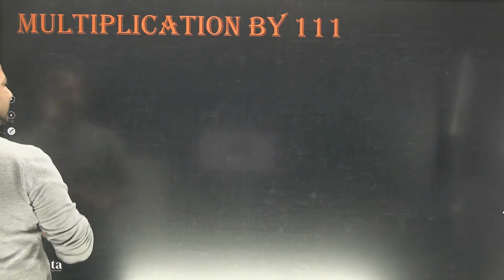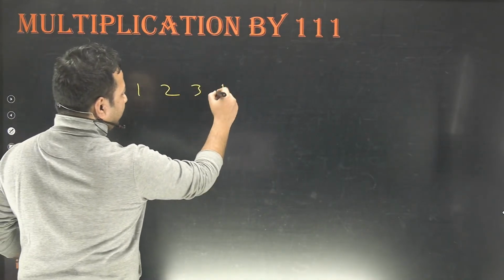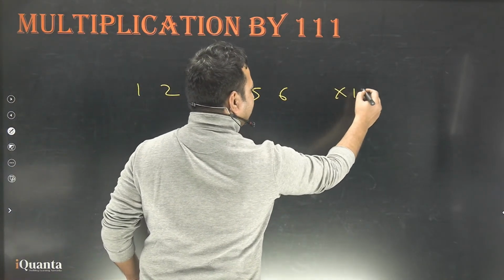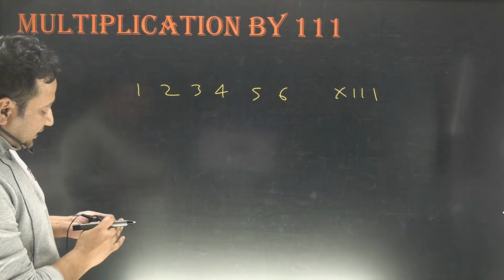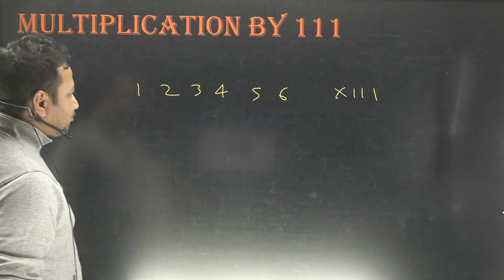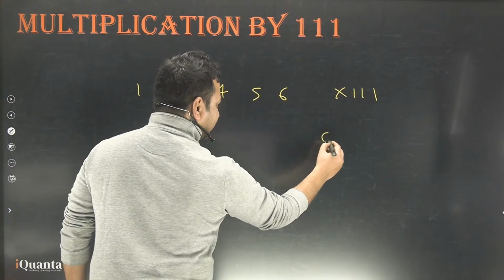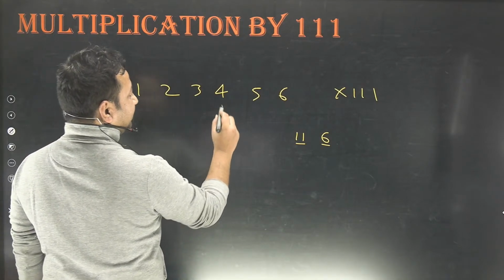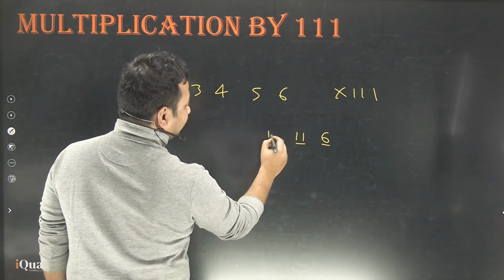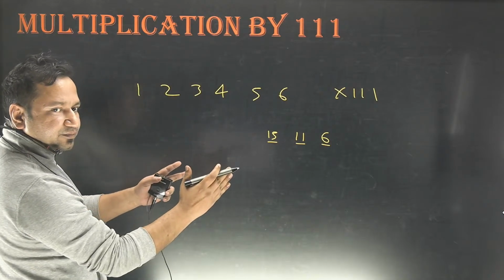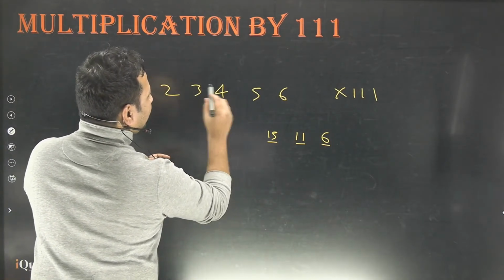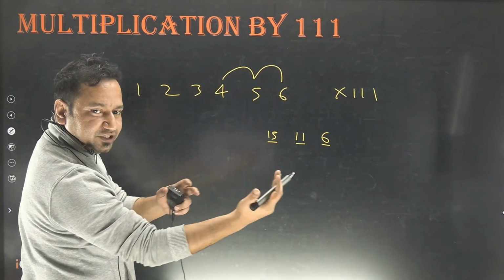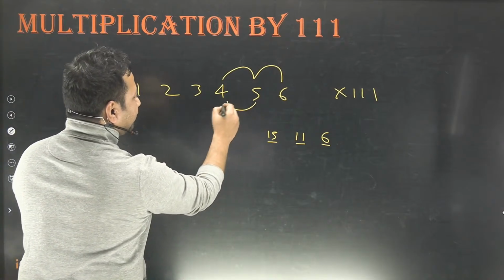Let me show you something. 1, 2, 3, 4, 5, 6. We have 6 digits here, multiplied by 1, 1, 1. Look at this closely. This is the last time explaining this concept. 1 digit from the right, 6. 2 digits from the right, 5 plus 6 is 11. 3 digits from the right, 4 plus 5 plus 6, 15. 3 digits again, you know. So we have already consumed 4, 5, 6, this group of 3. Now what will happen? The group will shift 1 place towards left. That is 5, 4 and 3.